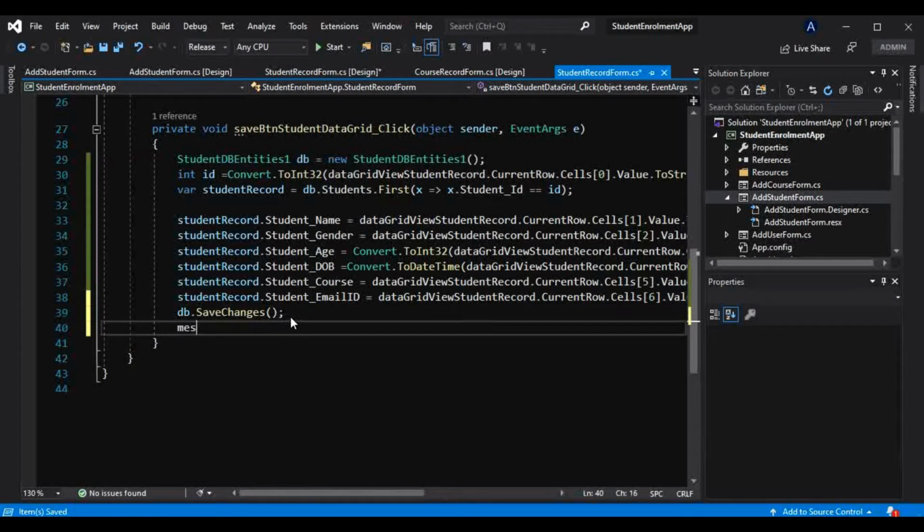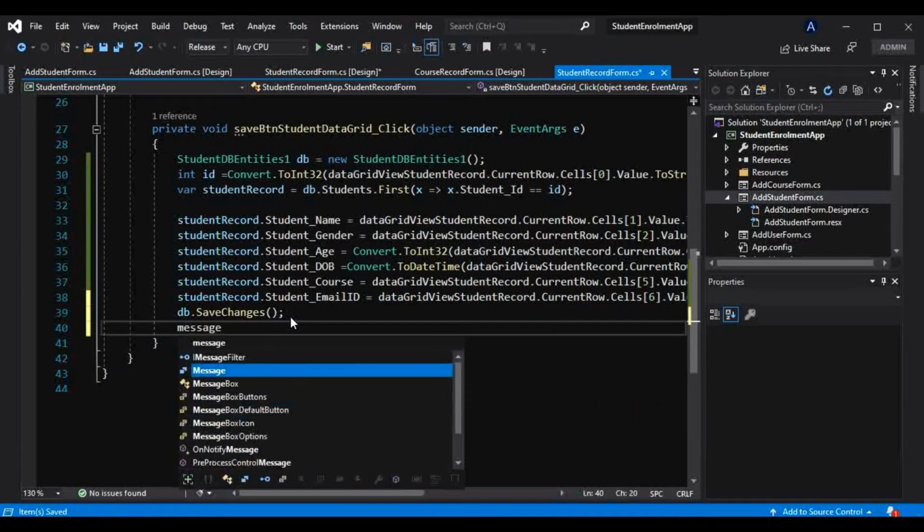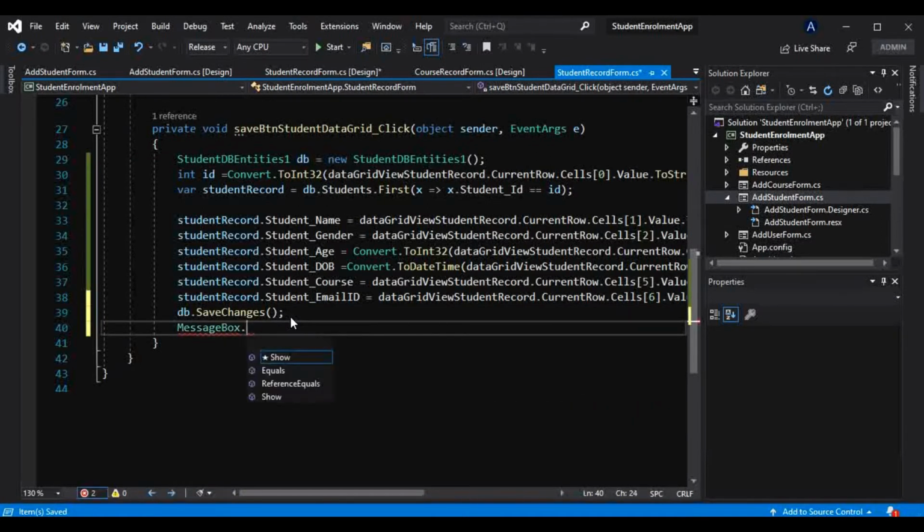And again we will provide one message here that it is updated in the database. Okay, so let me just use that. Message will be student updated successfully.